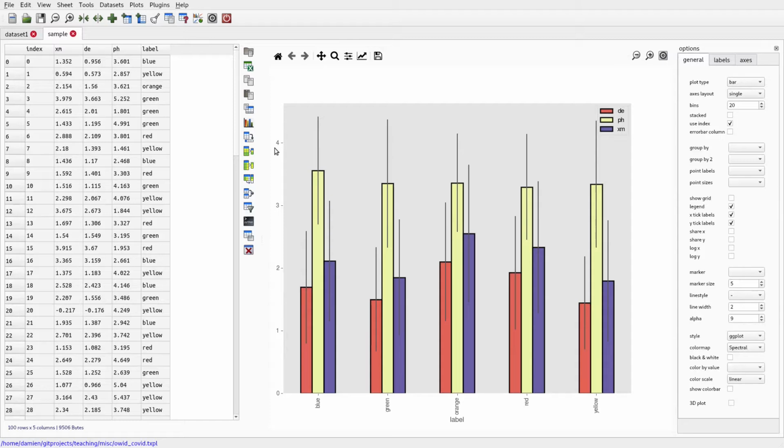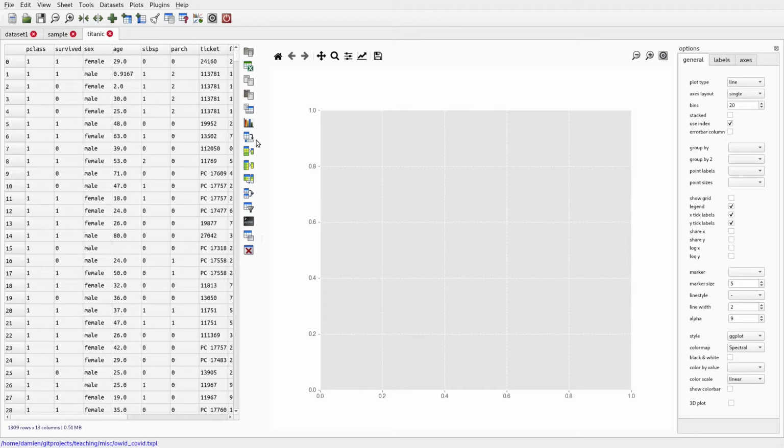So to take a more realistic example, I'll go back to the datasets menu and choose Titanic. And this is a table of details about all the passengers on the Titanic, like whether they survived, what their sex was, their age, and the class they were in. So say we want to group over some of these categories and find the age characteristics. We can go back to the aggregation